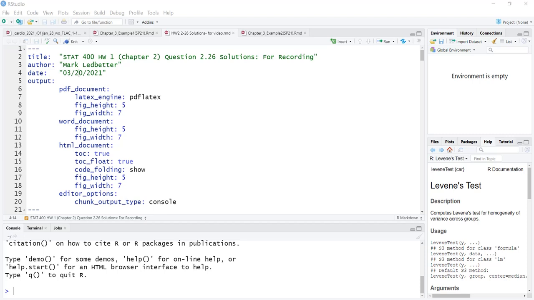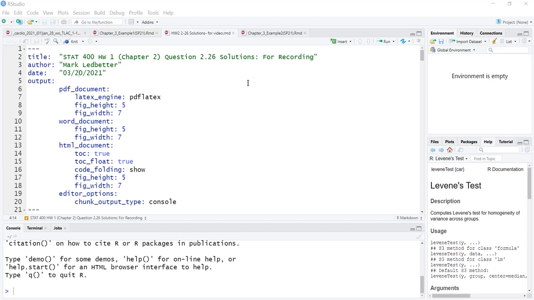All right, welcome back to our video series for analysis of variance and design of experiments or statistical methods. So in this video, I want to go over a solution to one of the homework problems that were assigned out of the book. And I'm going to show you how I am approaching this with the file that I